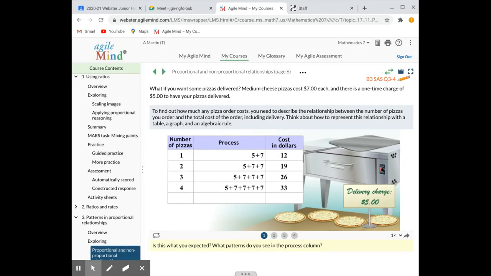So looking at this, it says, is this what you expected? What patterns do you see in the process? So it says that